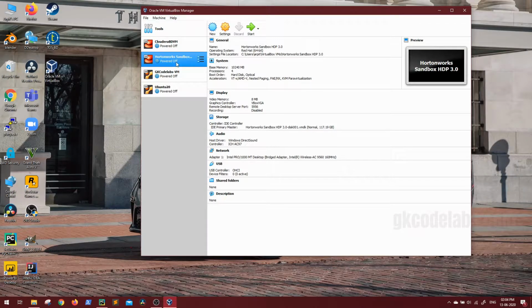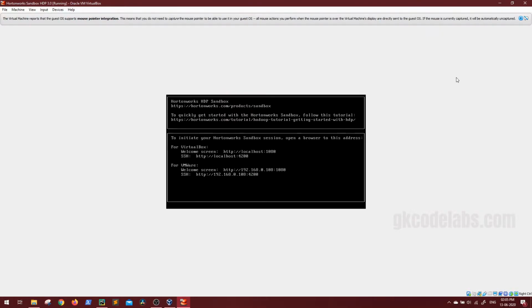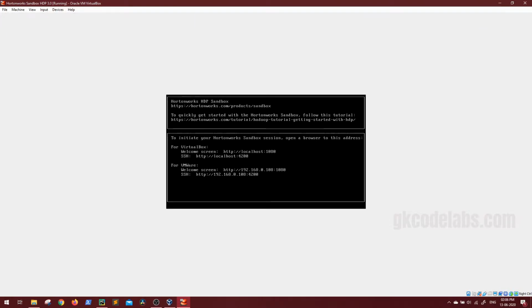I've already set up my Hortonworks cluster. If you have not done it yet, you can refer to my Hortonworks setup video, then you will get a similar environment. Now let me power it on. Start. This might take quite some time depending upon the configuration of the machine on which you are running this, because this is a pretty heavy cluster. But even when you see this screen, you are fine to log into this cluster, but probably the backend services will still be starting.